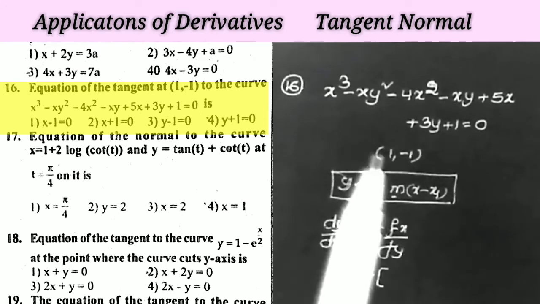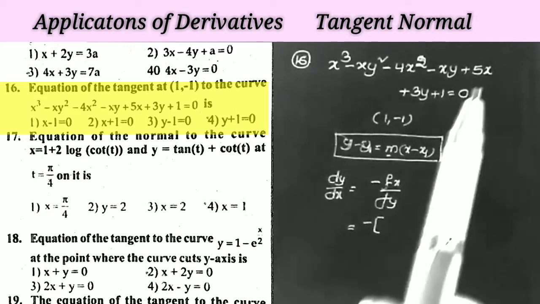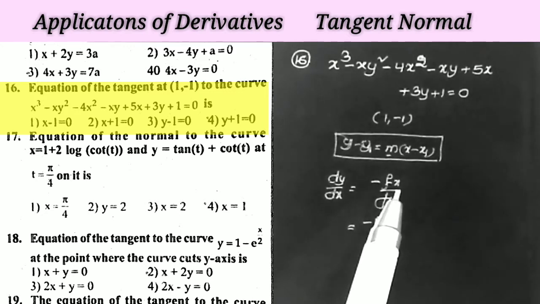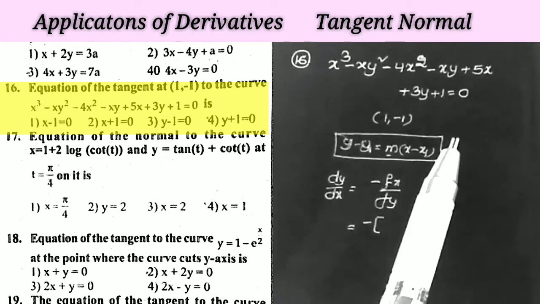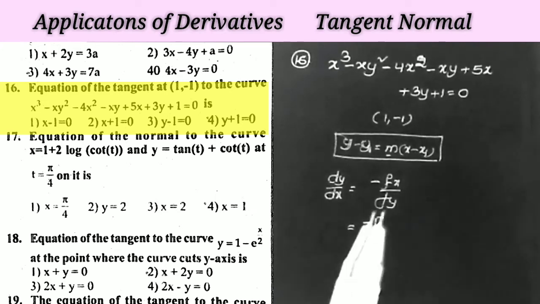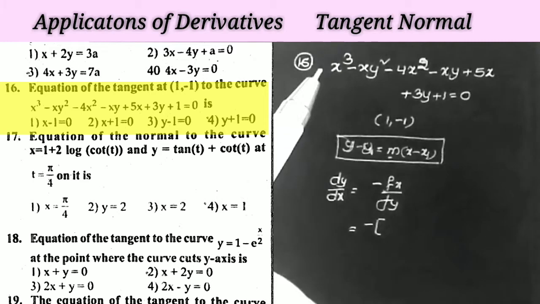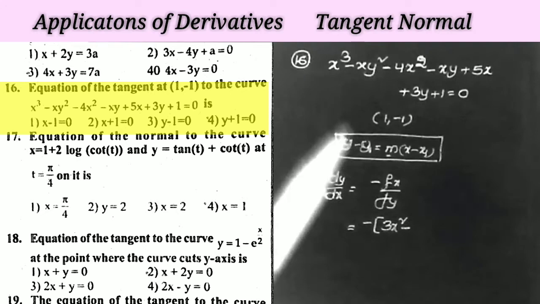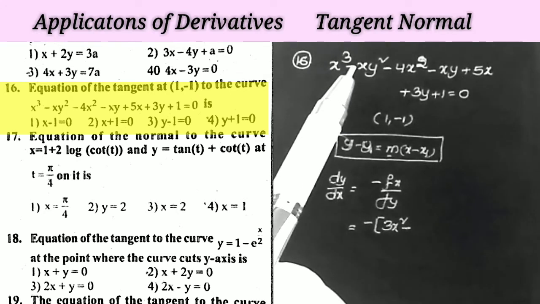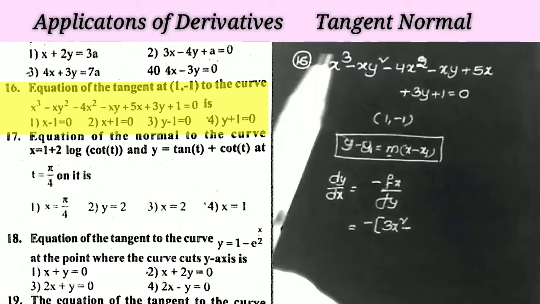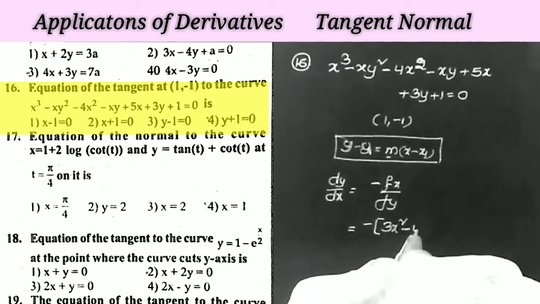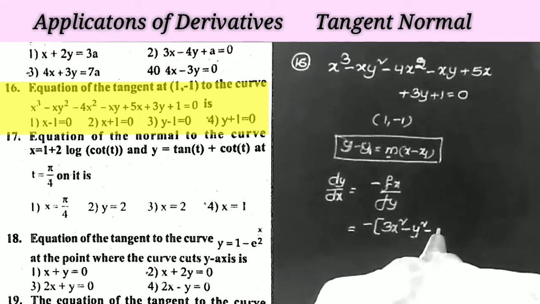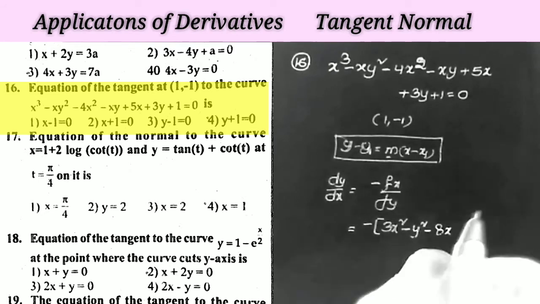What is fx? Simply the derivative with respect to x. When we take the derivative with respect to x, we treat y as a constant. Just remember that point. This is partial differentiation. F suffix x, f suffix y mean partial derivatives. What is the x cube derivative? 3x square. And the x y square derivative? We take the derivative with respect to x only, that is x derivative 1 into y square, minus 4 into 2x, that is minus 8x, minus x y.